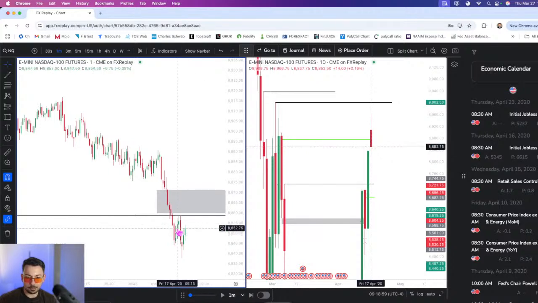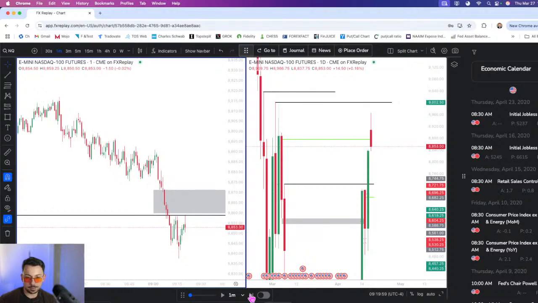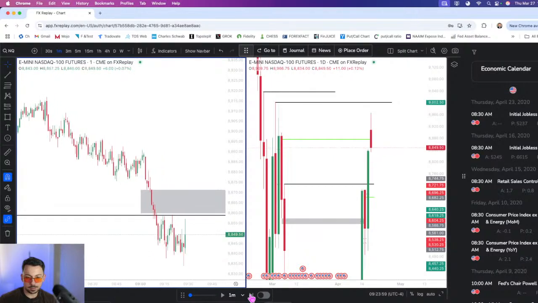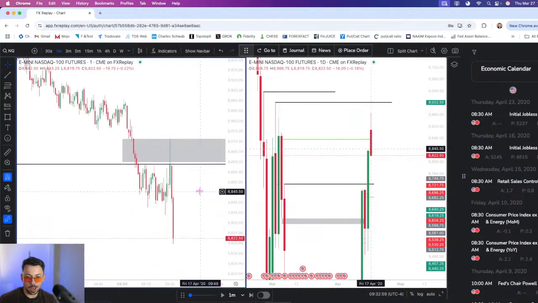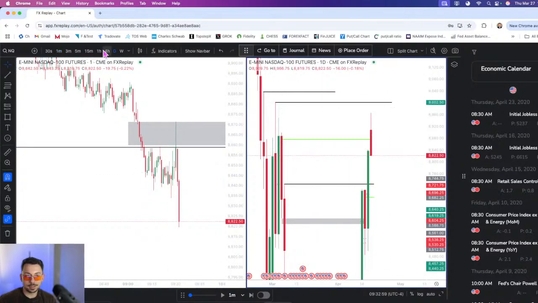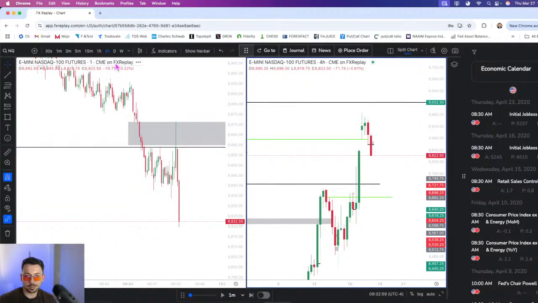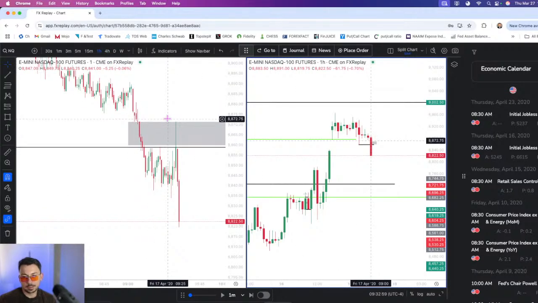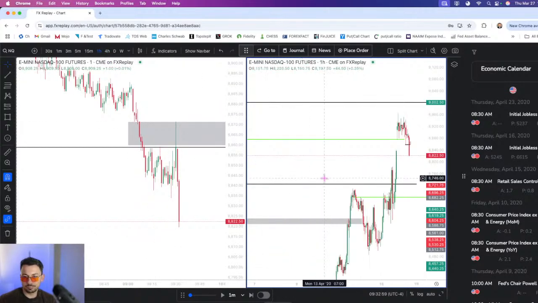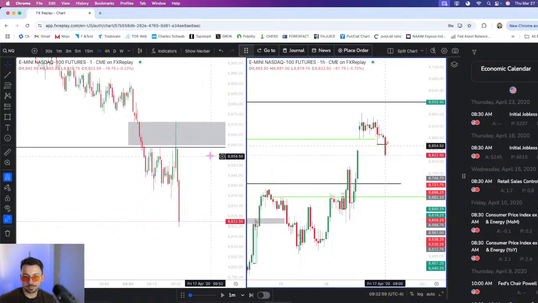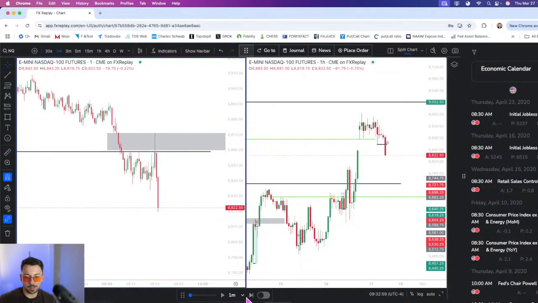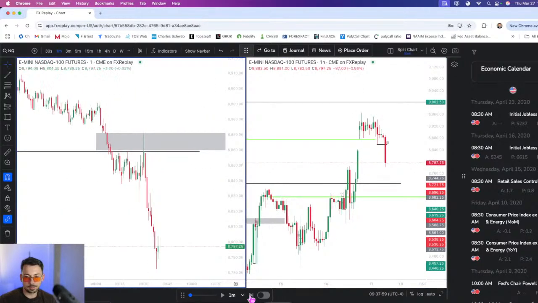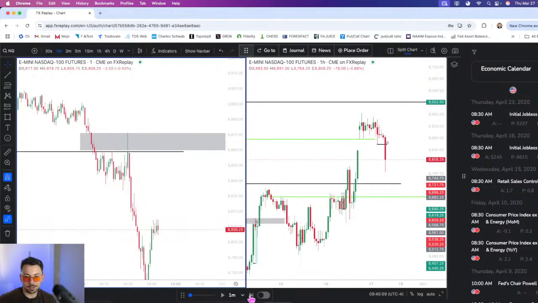I do like this 1 minute, but I think what I would do in this situation is wait for the 5. Wow, look what happens at market open. Looks like it's going to pump and it ends up dumping. Let me check the 4-hour here. Let's check the hourly. Yeah, it doesn't look great, but let's see what happens. Yeah, this is bearish as hell.